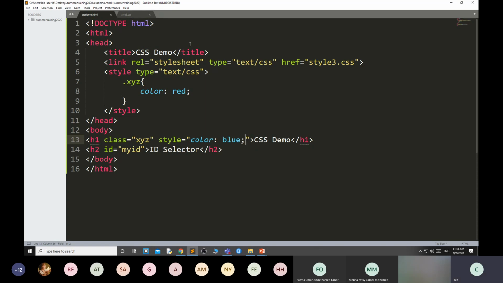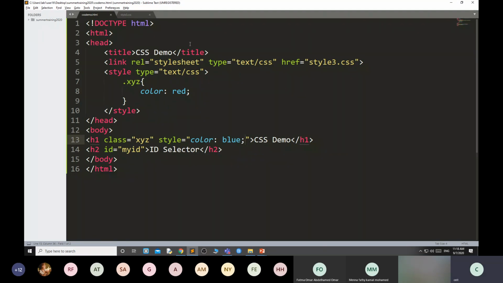Okay. If for one element you have 3 styles, you have specified inline style, internal style, and also external style, then whichever has the inline style will get applied first. Okay.